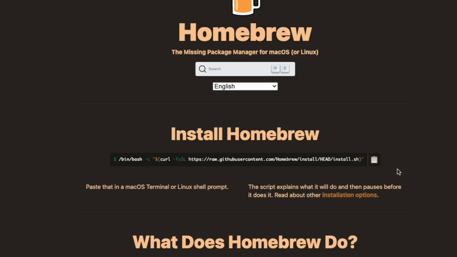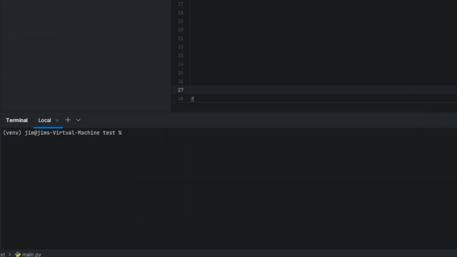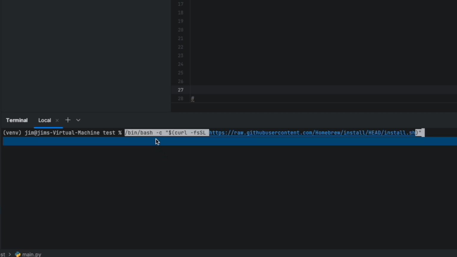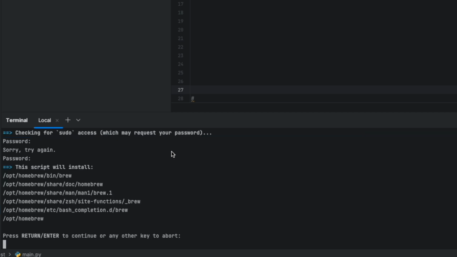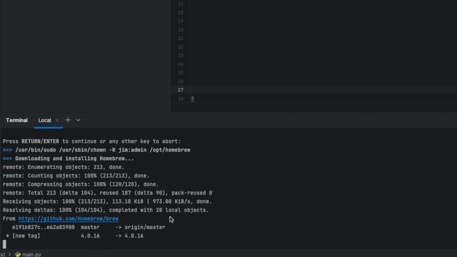What you'll do is you'll come out here and you're going to copy this right here, and we'll come back to our text editor and open that up. We will paste in what we had just copied. You will run this, and we're going to type in our password, and that should run. We want to run it, and it's going to tell us that we need to put